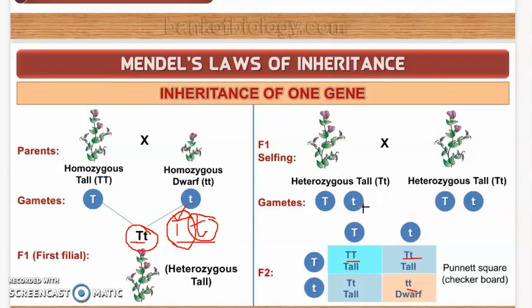Right? So the trait that gets expressed in the F1 generation, we are calling that trait the dominant trait. So here, as the capital T has worked out, or as tallness has been produced by the gene, we are calling that capital T dominant over the other factor, and the other factor will be recessive.